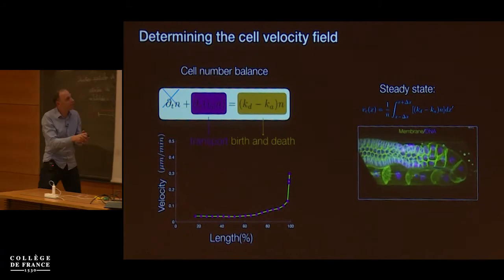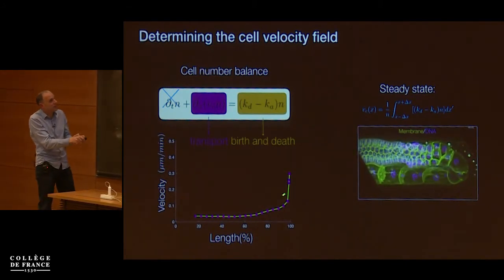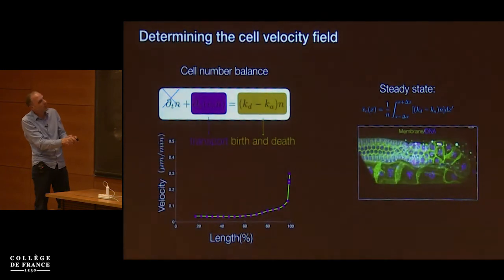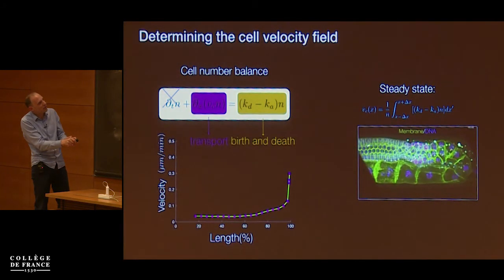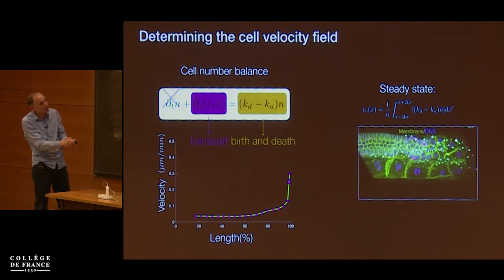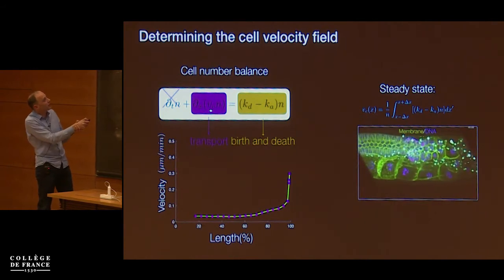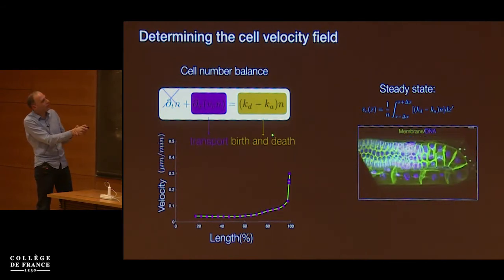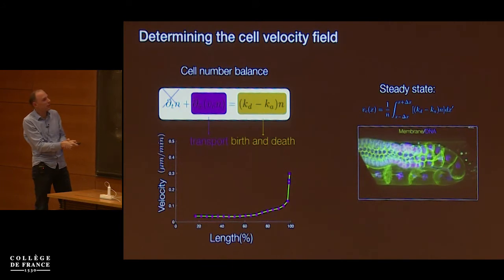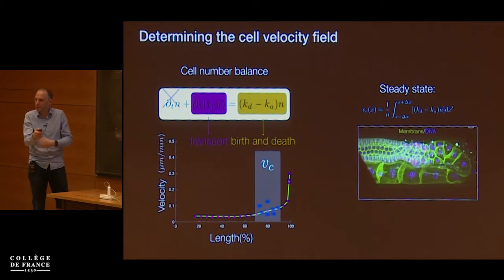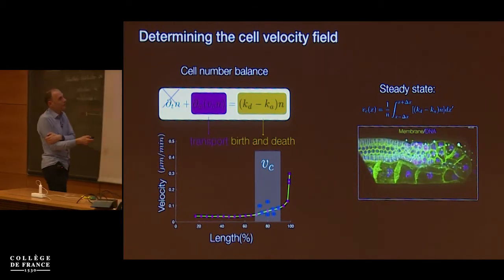First, to tell you that we can infer the velocity field of the cells. We can kind of see it here. This is a highly sped up movie, but you can see it's very hard to measure very slow velocities, even over long times, because we have to follow individual cells. Over here, close to the distal region, we can do this, but we can make the steady state assumption and infer the flow field from the birth and death processes, which we can independently measure. Okay, so this is the fully inferred flow field. Here is the actual measured flow field in a particular zone where the speeds are fast enough. So this matches up.